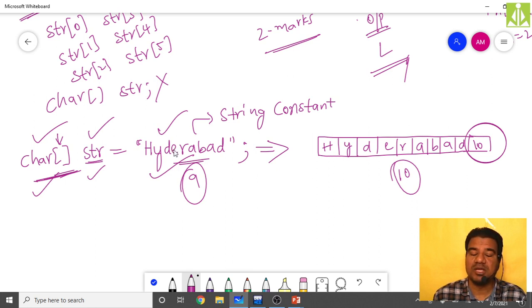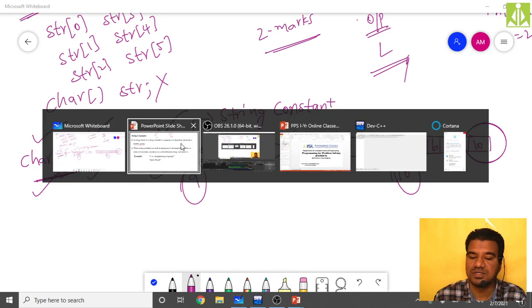And many people ask me what to write in the running notes. All these things you can put in the running notes, because all these things I'm not putting in the PPTs. This is just the verbal explanation. This is what you have to write in your normal running notes. Hope you understood all these concepts. They are very important concepts.